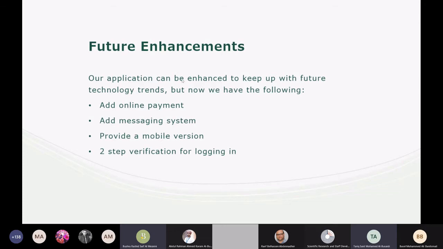Of course, not every project is 100% perfect, so we have a plan for future enhancement. Our application can be enhanced to keep up with future technology or trends. But now we are focused on these points to enhance. First,